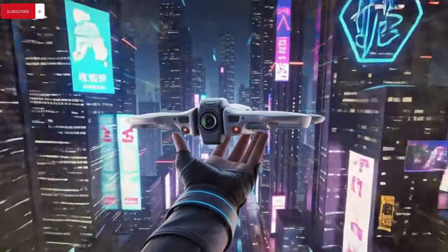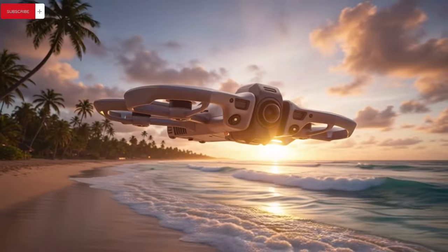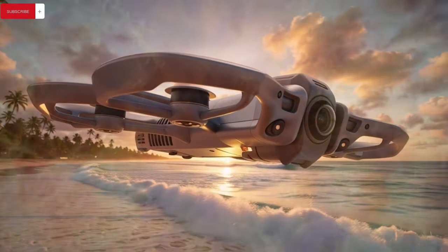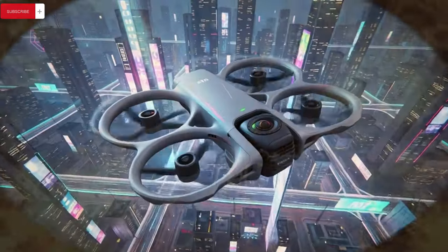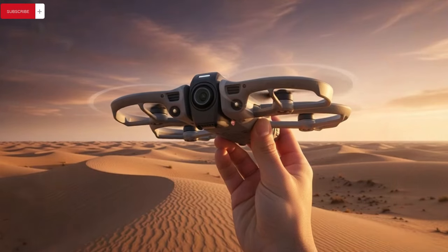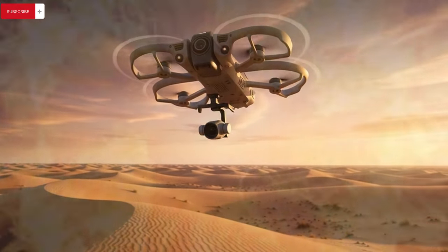And when compared with competing 360-degree aerial platforms that often exceed similar price ranges while remaining locked into a single shooting mode, DJI's approach appears less like aggressive pricing and more like strategic positioning aimed at dominating versatility rather than specialization. The imaging system itself is arguably the most transformative element, as the drone's dual sensor setup enables full spherical